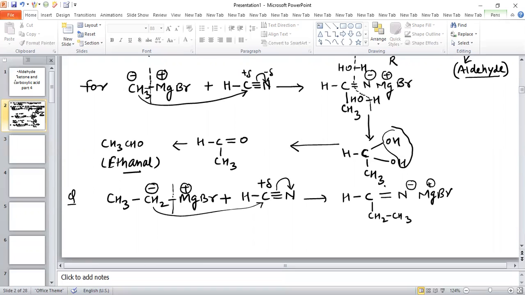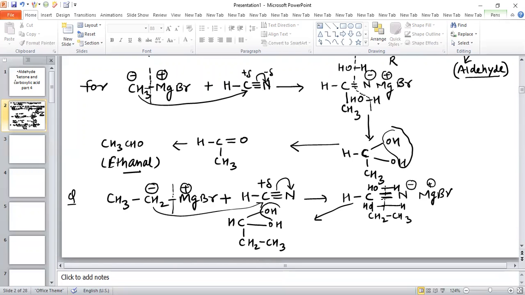When this carbon nitrogen bond breaks, on hydrolysis means OH group with this carbon and H group with this carbon in water. So hydrolysis takes place again, OH and H. So now you can see that on this carbon, two OH groups will be attached. It will be like this CH, this is CH2, CH3, and on this carbon, there are two OH groups.